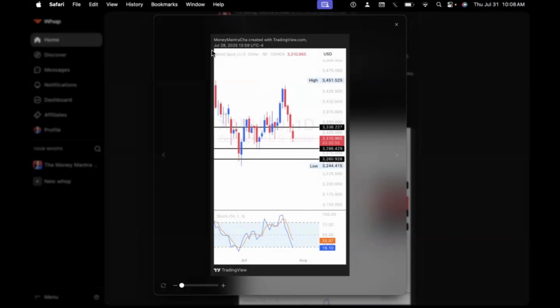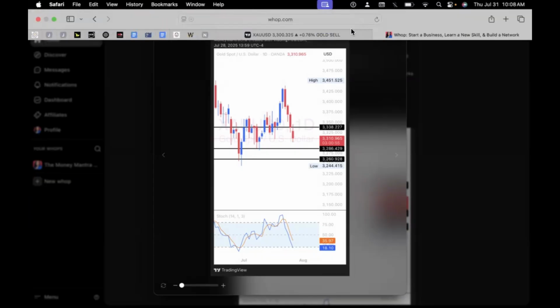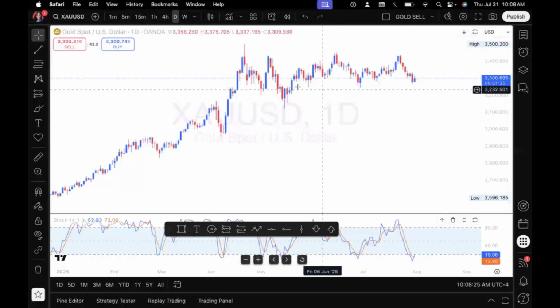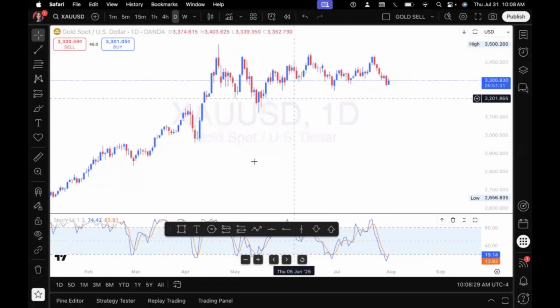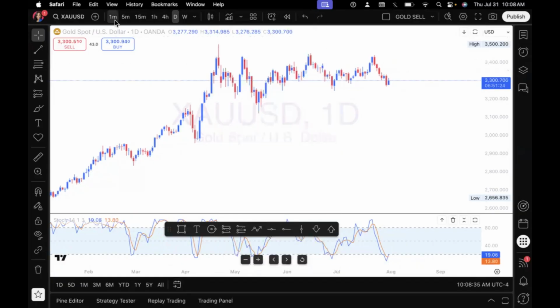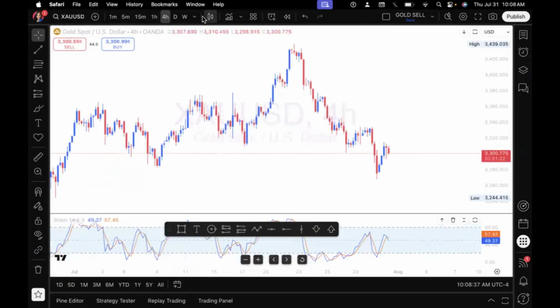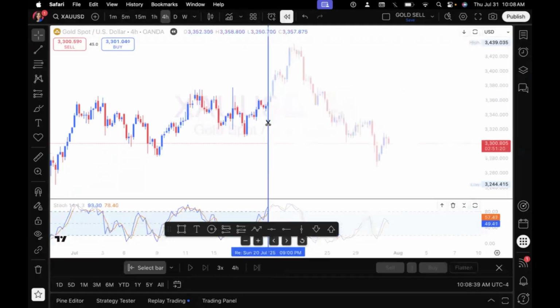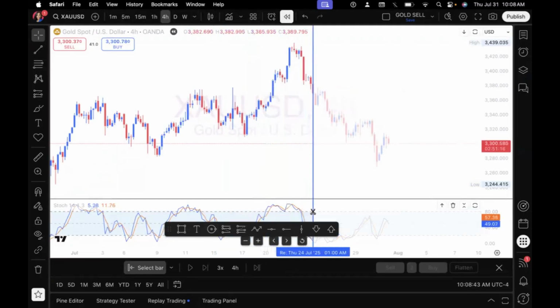So I posted this trade in the community on July 28th, 2025 at 13:59, which is almost 2 p.m. So we're just going to go back to the trade, and it's going to be on July 28th. Let me put this on a smaller time frame so we can actually go back. And it was July 28th